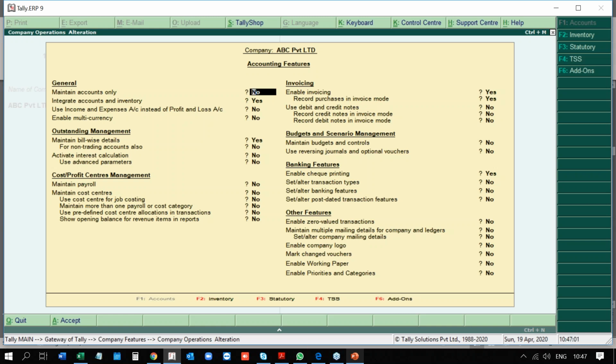Now coming down to maintain accounts only, which means this is basically an option wherein you only maintain your accounts. Now since we are a trading company, we need to have inventory also, right? And this remains no. So we come down to integrate accounts and inventory. Now if I click on yes, my below option automatically becomes no and nullified because I'm clicking only on accounts only. So I make this no, I come down